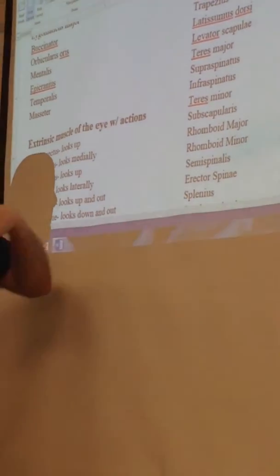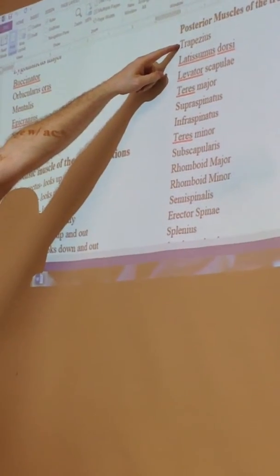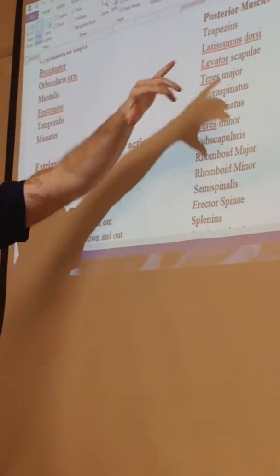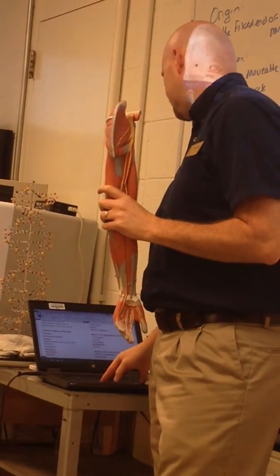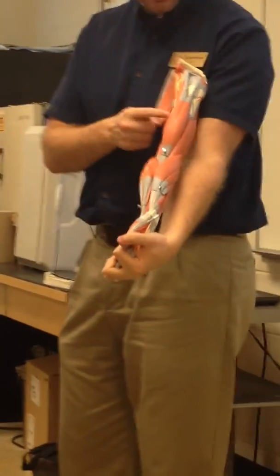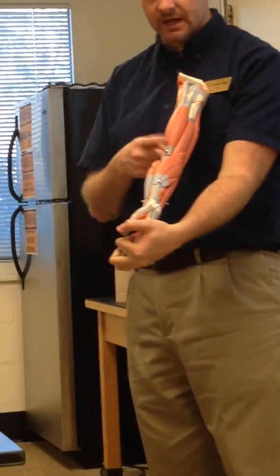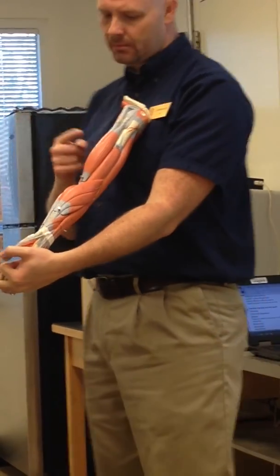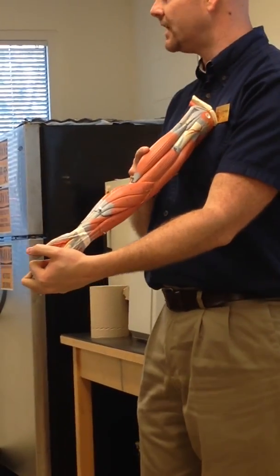All right, we're going to skip these because we'll talk about them when we look at the core muscles. These are all muscles that are on the posterior trunk, but attached to the shoulder. So these are where we're going to start to learn these. All right, next we're going to jump down to muscles of the humerus that act on the forearm. And the first one of these, probably one of the most common muscles most people know, is this one here. What is it? Very good. This is the biceps, commonly known as the biceps, but make sure you have that brachii because we're going to see that there's actually another biceps